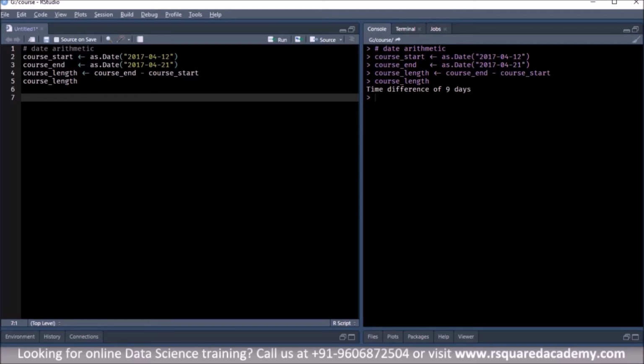Now this is good. We have a start date, we have an end date, and we just subtracted them to look at the course length. Now what if you want to update or change the components of a date? We'll take one of these dates and see how we can add a few days, weeks, months or years to update or change it.